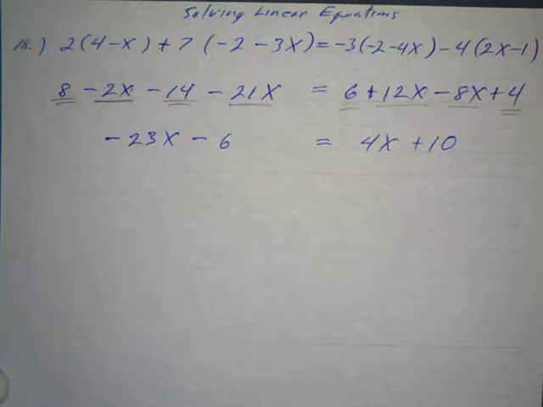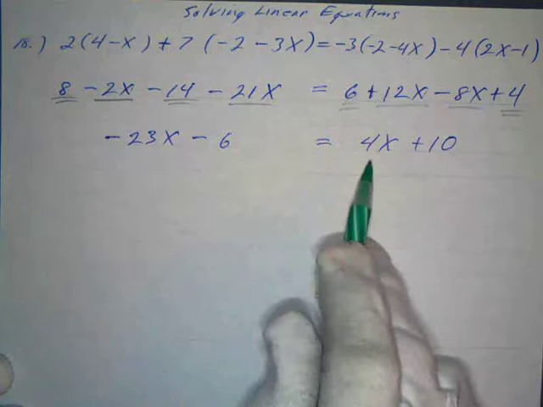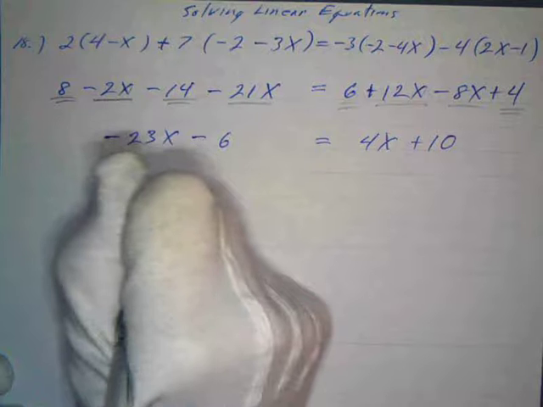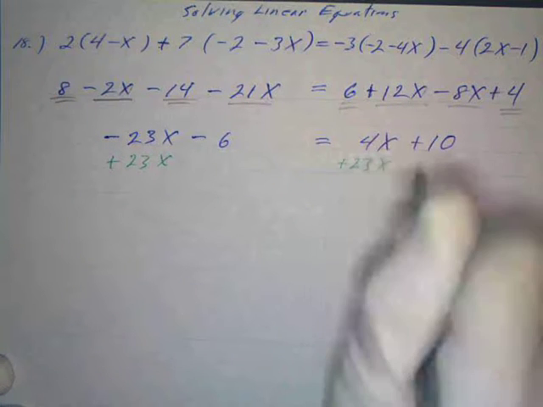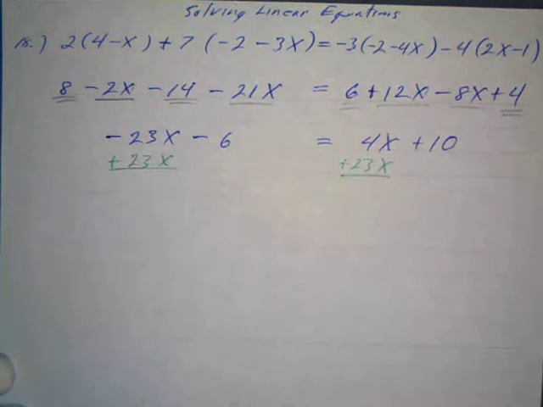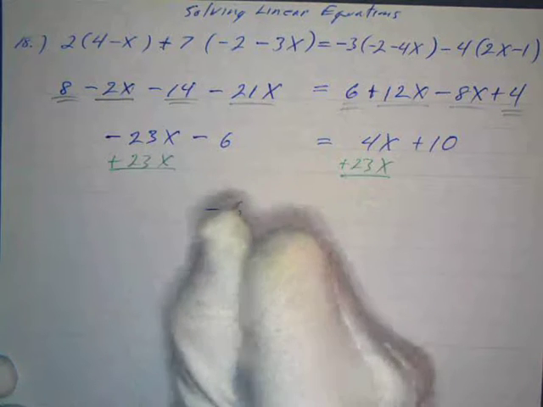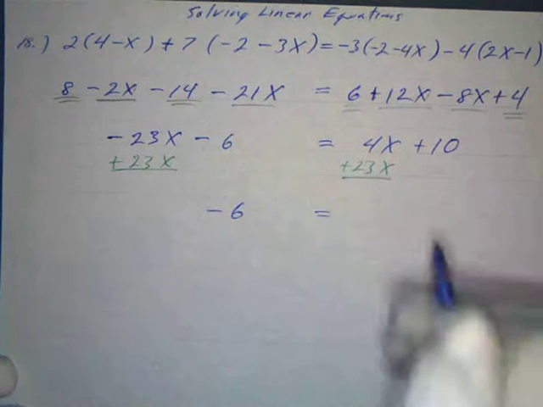So now I've got my 3-step equation. See, they'll come down to that eventually. Then I'll just subtract 4x from both sides because I want to get all my x's where there are more positives. So I've got more positive x's on the right, so what I'm going to do is add 23x on the left, so I don't have to bother with negative signs. Because remember, it could either be x equals something or something equals x, and it's the same thing. So negative 23 plus 23 is 0, so I just have negative 6. And that equals, and then 23 plus 4 is just 27x